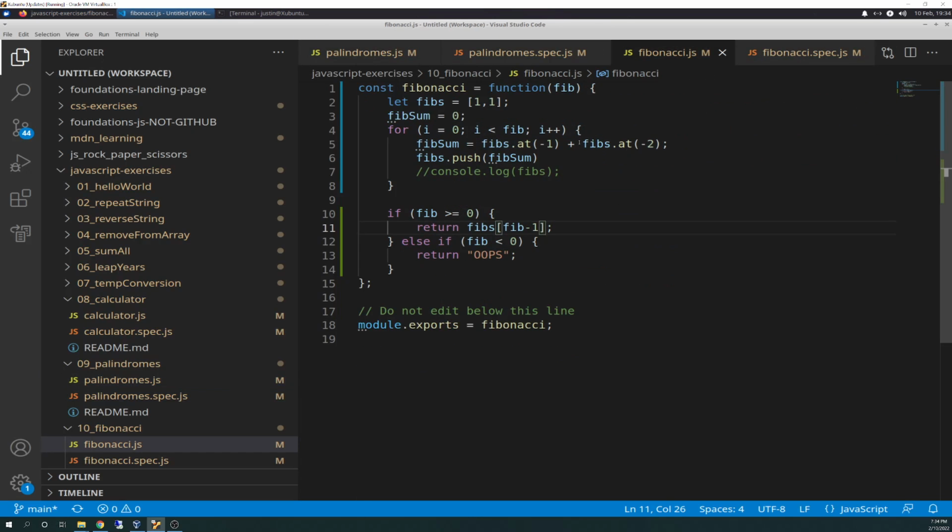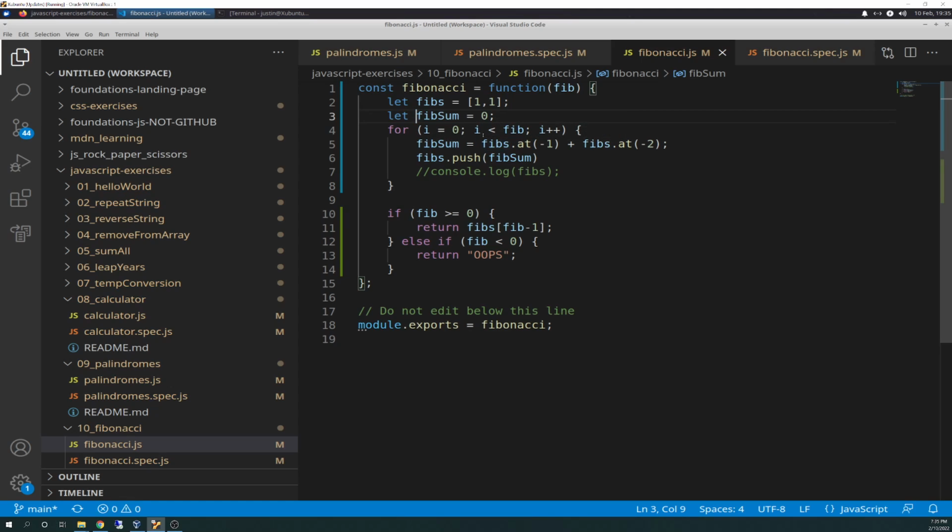So here's what I have. I have let fibs equal 1, 1, and I'll go over that in a minute. Just hang with me on that one. It takes the initial value of a 1 and a 1 to start the array. Fib sum is another variable. Actually, I forgot something there, but that should still run fine. Fib sum equals 0. That's just a variable we're going to use, and I create a for loop with an